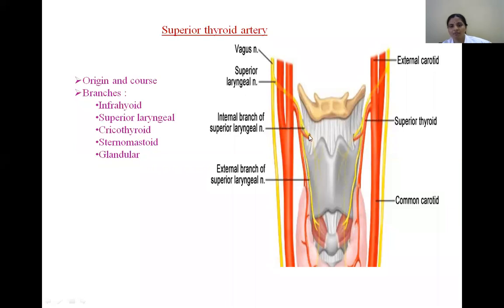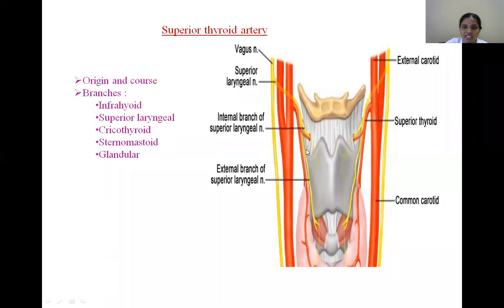Superior laryngeal nerve. So both are piercing the membrane between the hyoid bone and thyroid. So what is this membrane? Thyrohyoid membrane. So by piercing, these two structures enter into the wall of the larynx, where they supply the upper part of the larynx. So what are these two important structures? Superior laryngeal nerve and artery. So the artery is a branch from the superior thyroid artery.